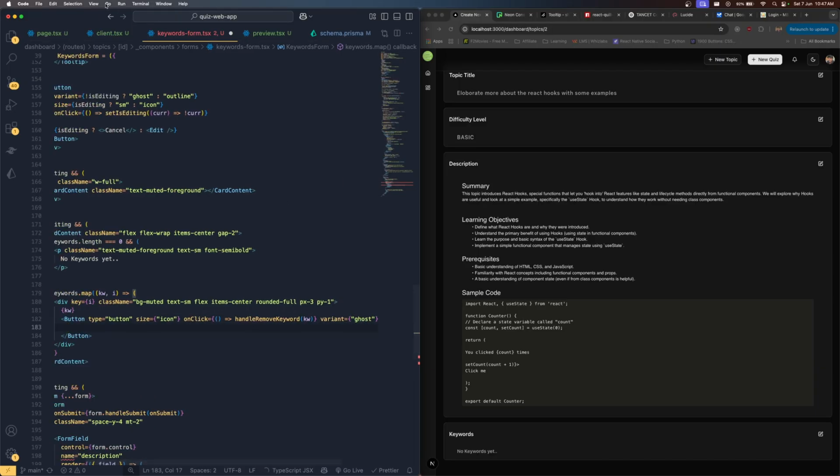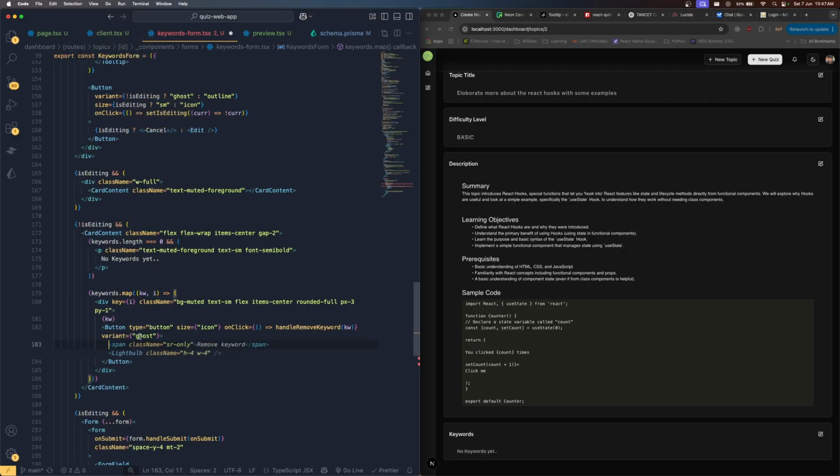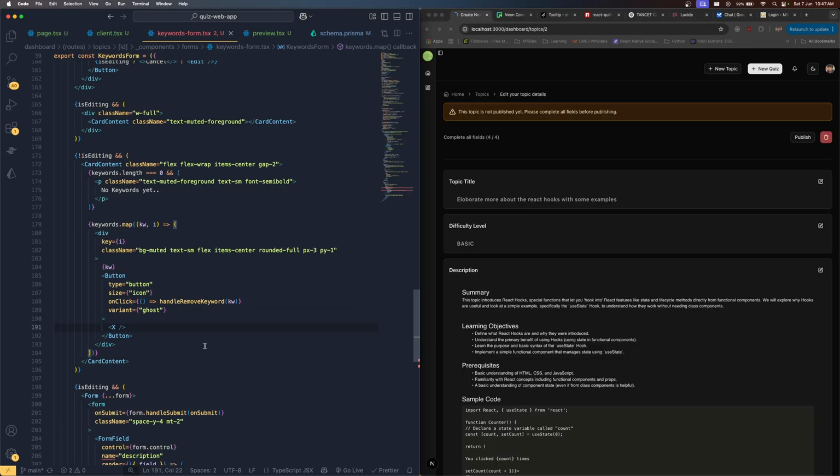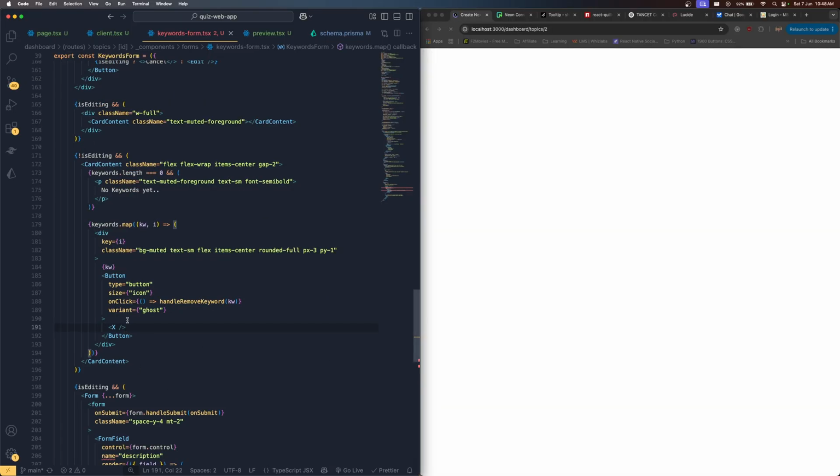Then let me bring the word wrap. Then inside over here, I need to bring that X icon, which is basically powered by Lucide React itself. Save it. Okay. Then this will be displayed